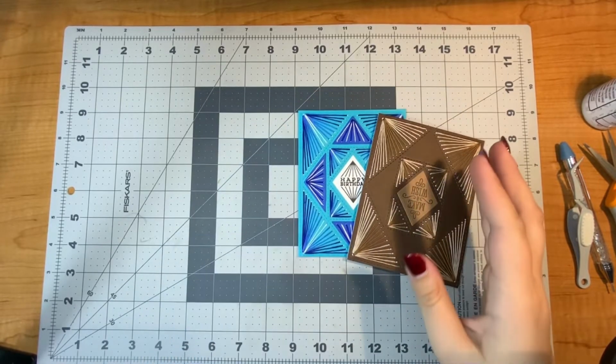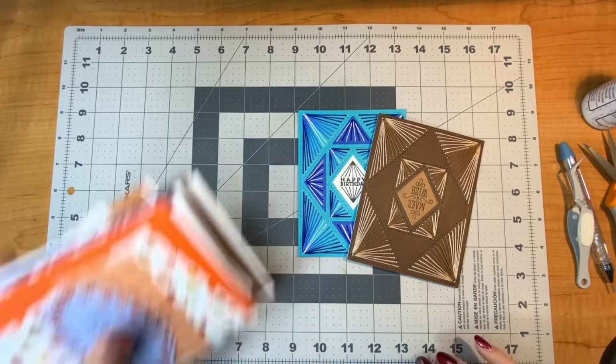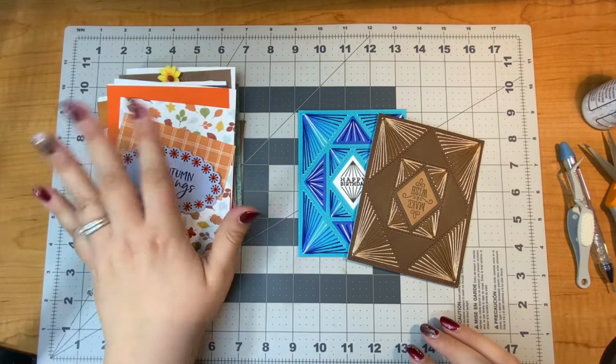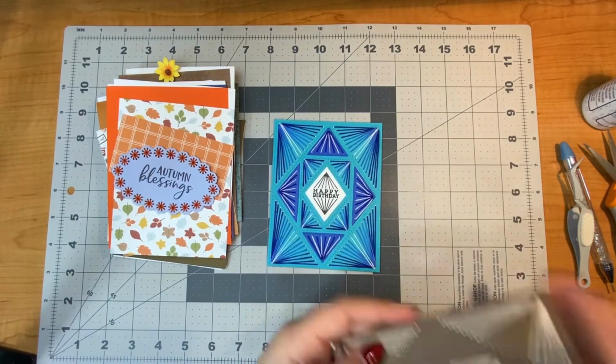Everyone, it's Justine. Today I'm going to be making some really beautiful fall cards. Now they're all going to be stitched, but before I get into that, I just want to mention this new